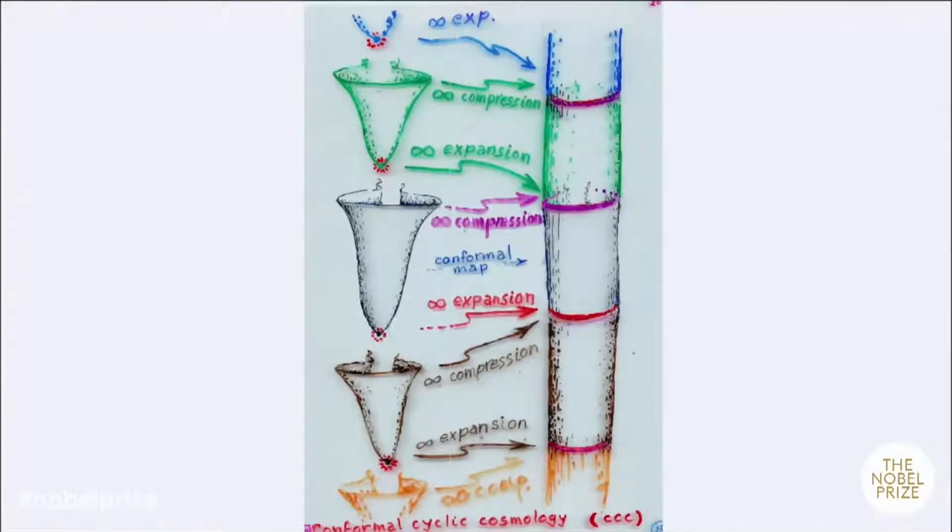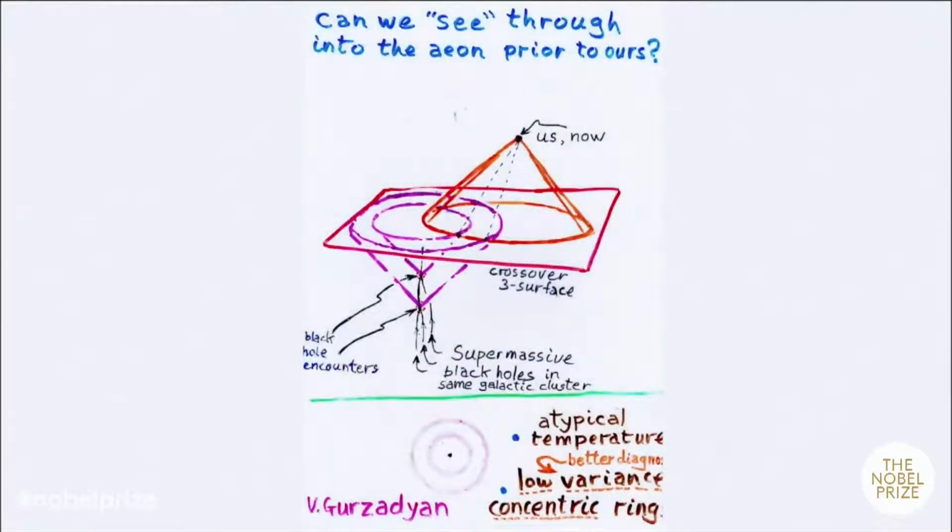Now here I have the join from one to the next, and you might imagine light rays getting across. But what else might get across? Well, what we previously called the universe was our eon. There was an eon prior to ours, an eon after ours, and so on. Now, the Big Bang of our eon was the remote future of the previous eon. Now, there might have been in that previous eon supermassive black holes running into each other. As they run into each other, they would emit gravitational wave signals. These would get through and make a signal that we might observe in our eon.